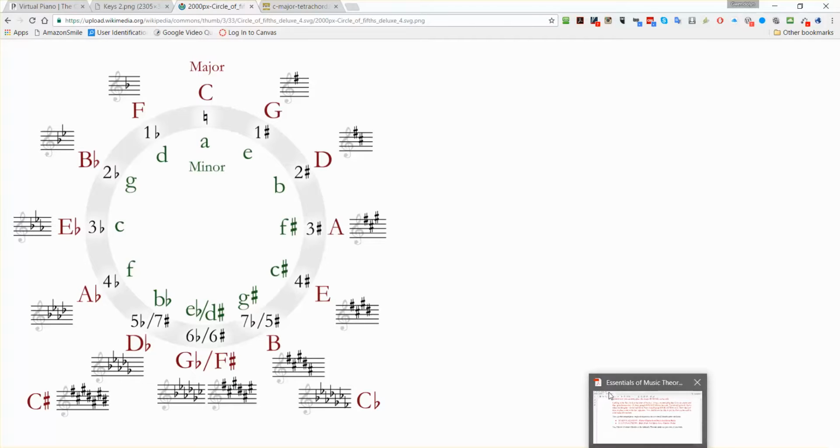I hope this explained the circle of fifths and tetrachords and everything else that you need now to build your circle of fifths on your own without a sheet of paper in front of you helping you cheat. You should be able to do this now on your own. Again, revisit this video as often as you need in order to understand this concept. I hope I've explained it a whole lot better with this presentation than I did in class, and I do ask for your